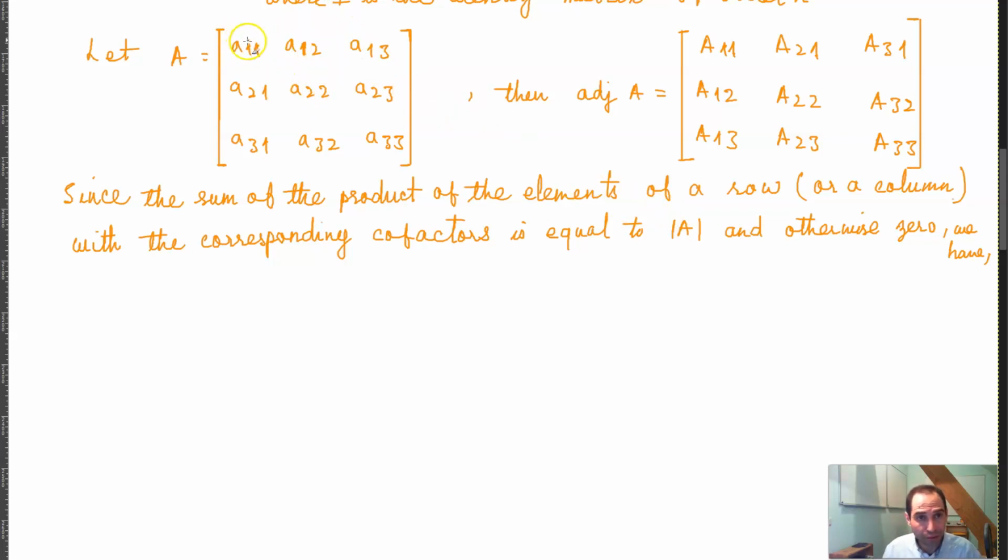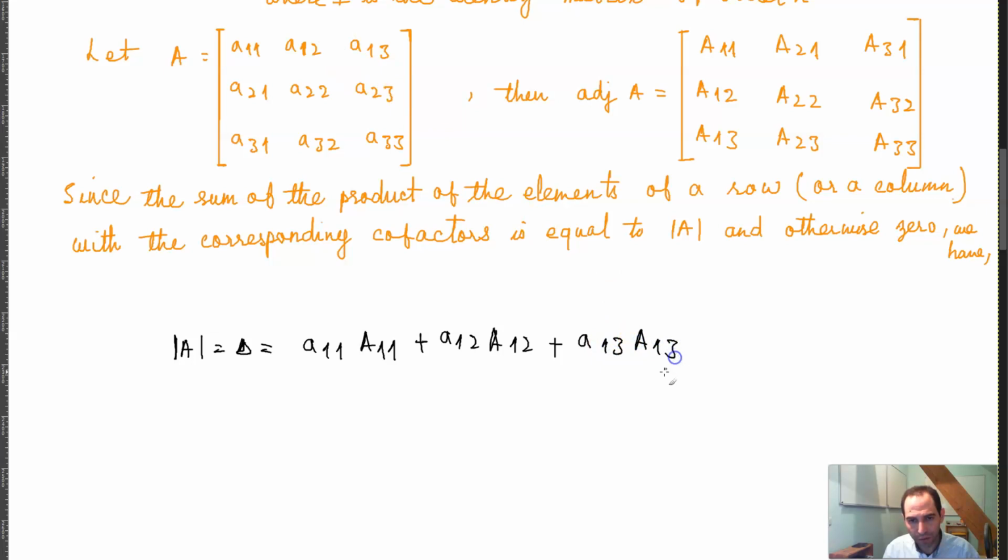if you want to calculate the determinant A, if I call that, for example, delta, you can take this A11, for example, and multiply it by the cofactor of A11, and then add that to, for example, A12, and multiply it by the cofactor of the same element, and take the third element in the same row, A13 times the cofactor of A13. And you can do this for any row or any column that you want, and then you would get the value of the determinant of this matrix, because